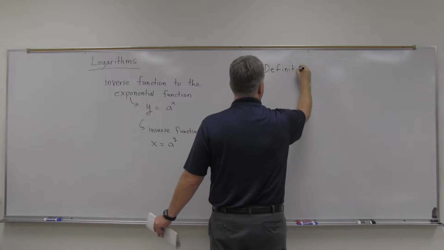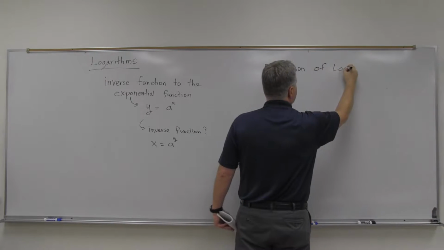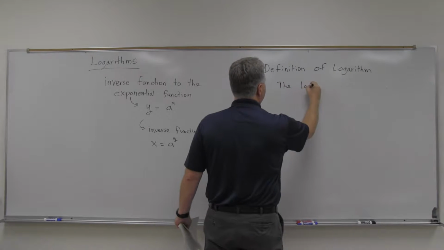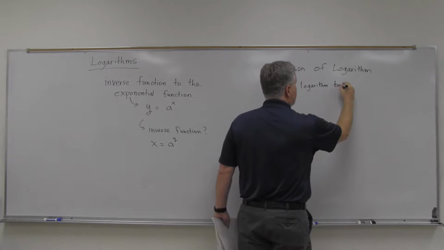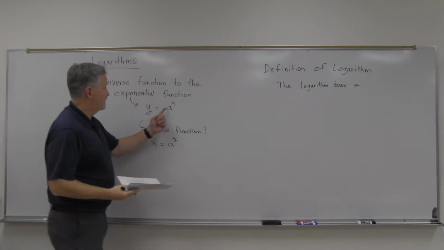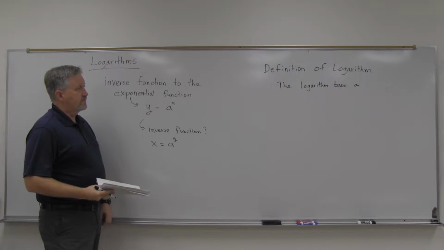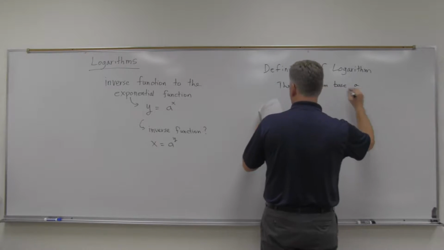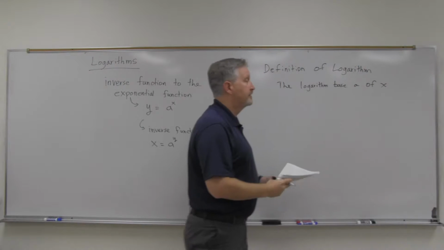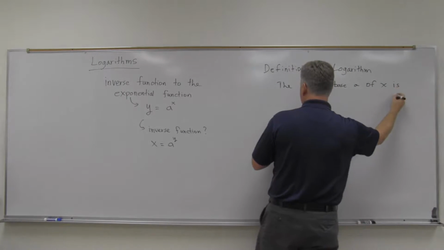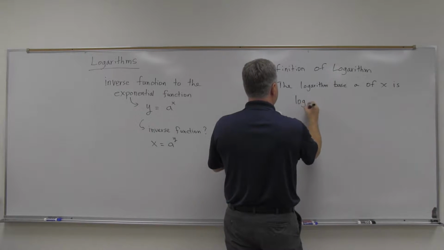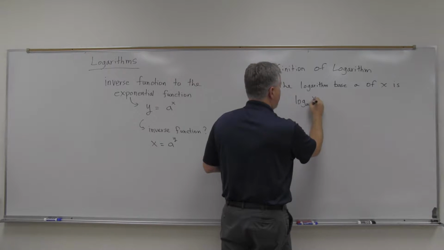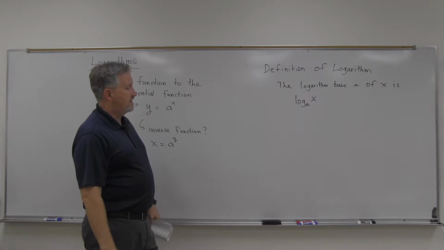And the definition of logarithm actually involves that little expression right there. The logarithm base a. So logarithms also have a base, and it's a. We think of this as base a, the thing we raise to a power, but logarithms also have bases, and this will show where this base goes. You write the logarithm: the logarithm base a of x, of some thing, is log base a. So the base a goes as a little subscript on the log, and then the x, what we're taking the logarithm of, goes beside that. So log base a of x is